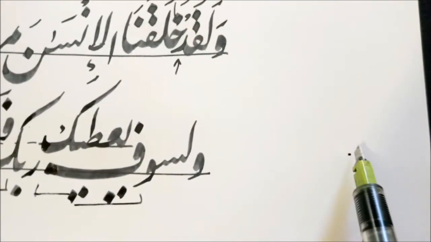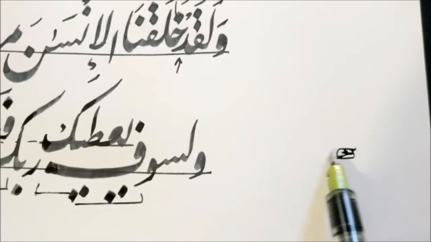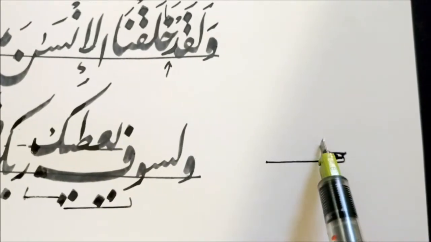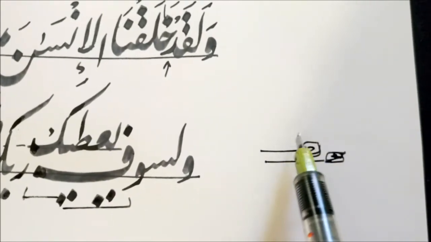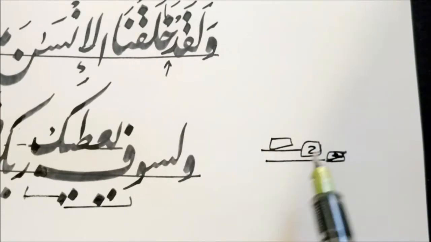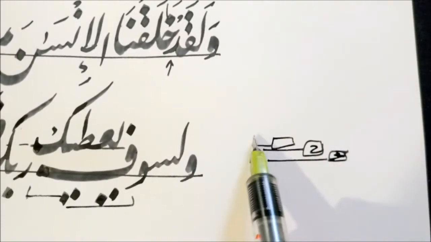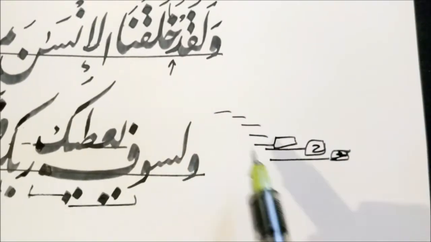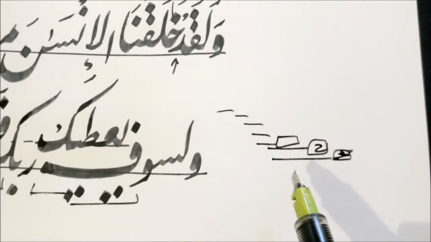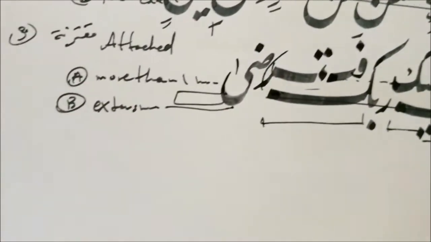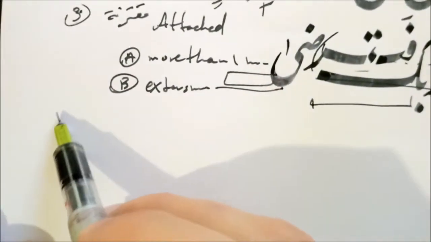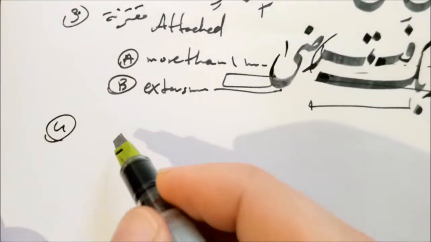Like this is the first, you've got a first word here, then elongation, then the second word comes here, then elongation, then the third word would come over here. So you could use more than one, just not too much. I think I've seen 4, 5 steps. Now moving on to the fourth way of writing, and this is the murakkaba,